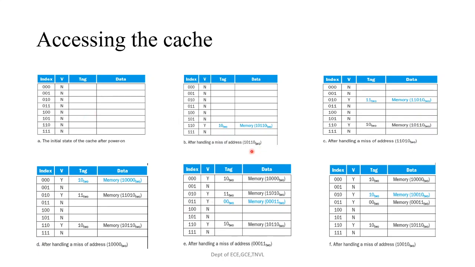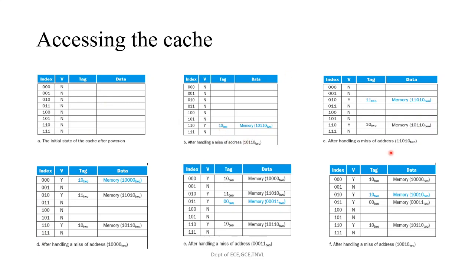So what we need to do is fetch it from the memory, and place it in this cache. So how can we place this? The memory of 10110 is the data that is being fetched from the memory, and the tag field is the most significant 2 bits, that is 10, and the least significant 3 bits is the cache address, that is 110. Hence the memory address is mapped in this location. Okay. So now this miss has changed into a hit, because later if you access this location, then there will be some data. So then this miss will be changed into hit at that time.